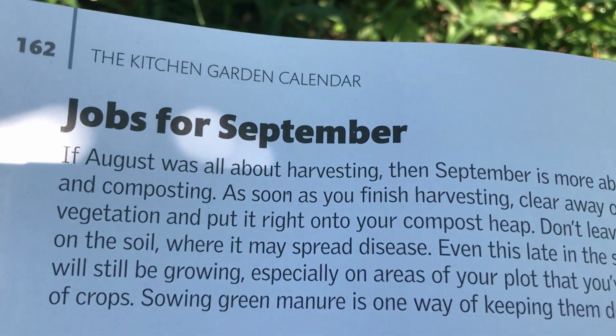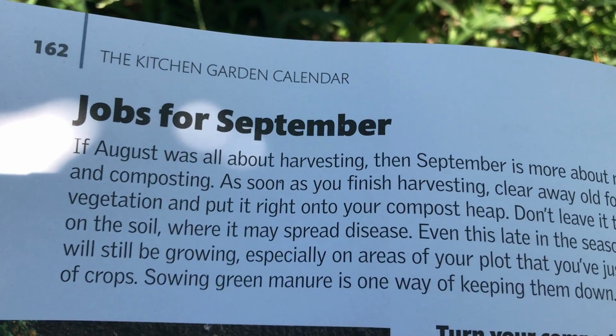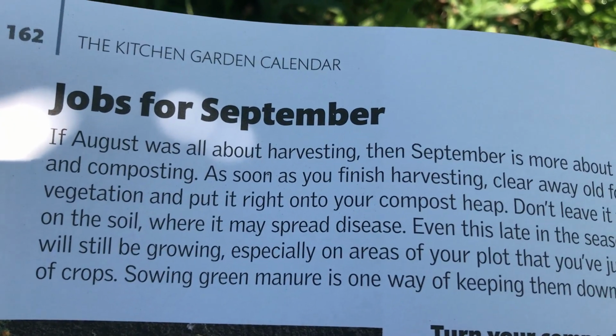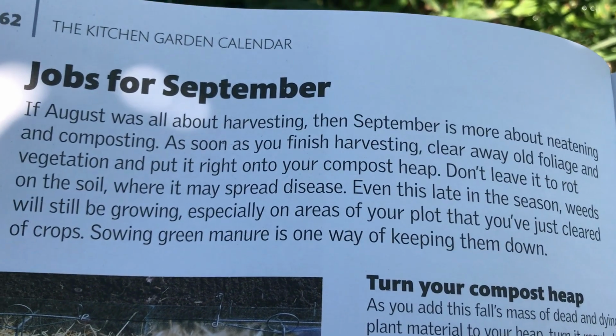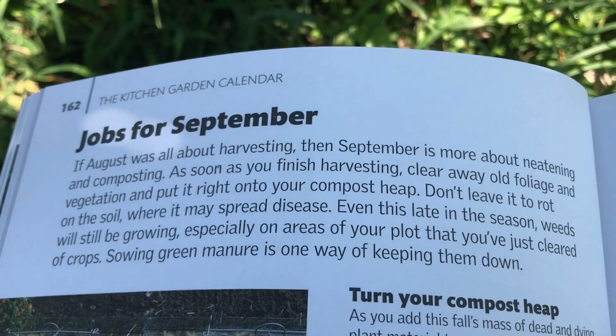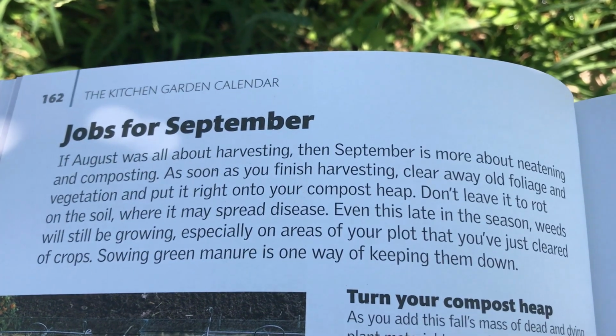All right, so we definitely have some jobs for September. Obviously, August is all about harvesting. September is going to be, like I said, mentioned earlier, more about neatening and composting, more about cleaning up the garden so that we don't have a mess come spring. I have had a mess come spring before, and I did not do that last year. I cleaned everything up and made sure